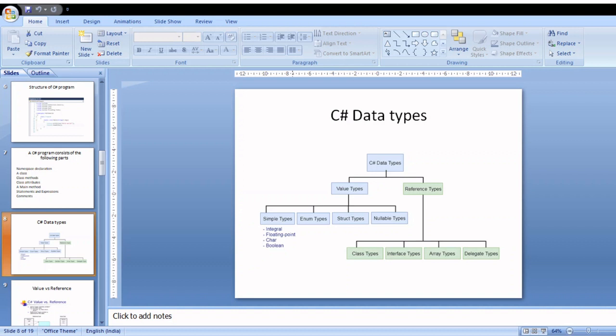The main concern for you to learn is value types. Then as you keep on learning, you're going to make use of the reference types. Value types and reference types differ in two characteristics.